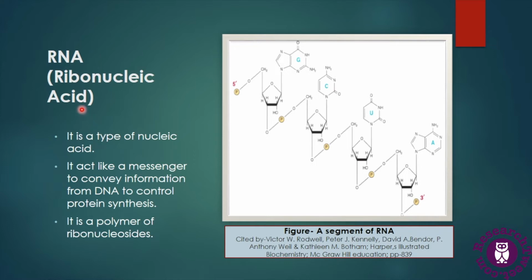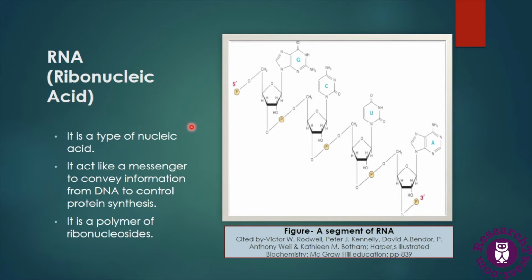So let's start with RNA, or ribonucleic acid. Before starting with rRNA, it's very important to understand the concept of RNA and types of RNA. So RNA is a type of nucleic acid just like DNA, but there are several differences between these two molecules. The RNA molecule consists of ribose sugar, whereas the DNA molecule has deoxyribose sugar in its backbone. Another difference between them is that the RNA molecule contains uracil instead of thymine, which is present